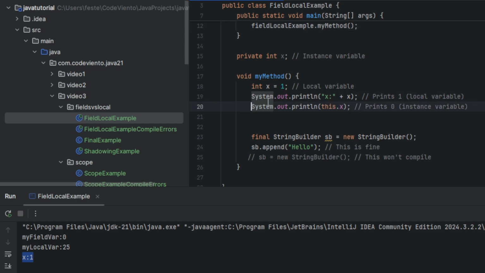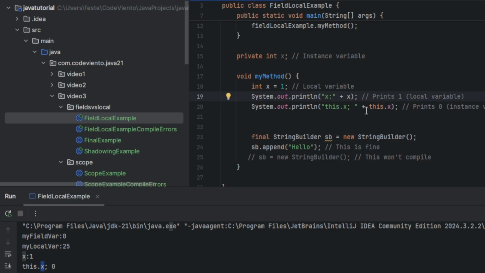If we use this keyword here, this.x, and run and see the result together, this x is 0. Don't forget this rule. Local variables shadow instance fields, we use the this keyword to access the field variables.